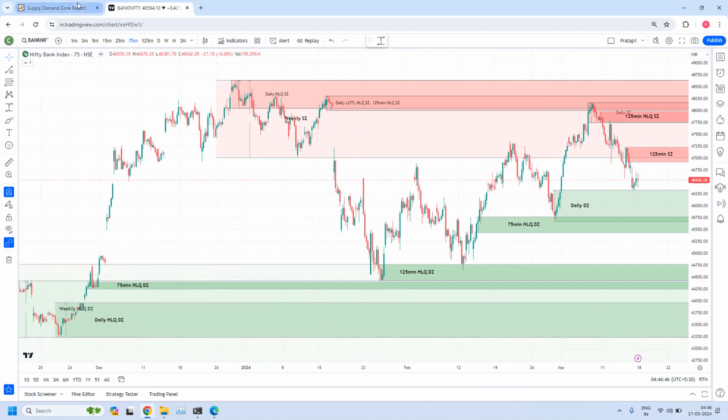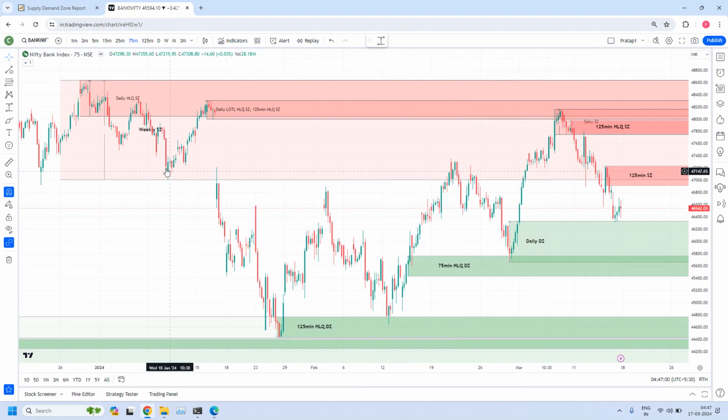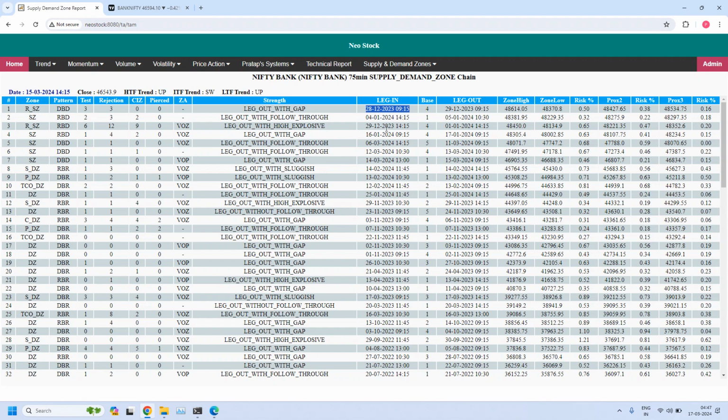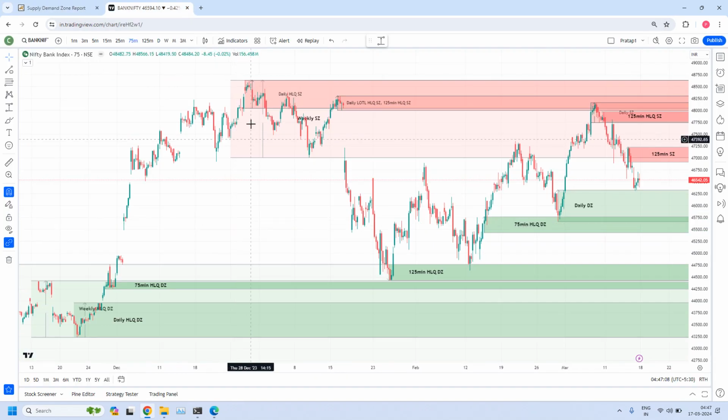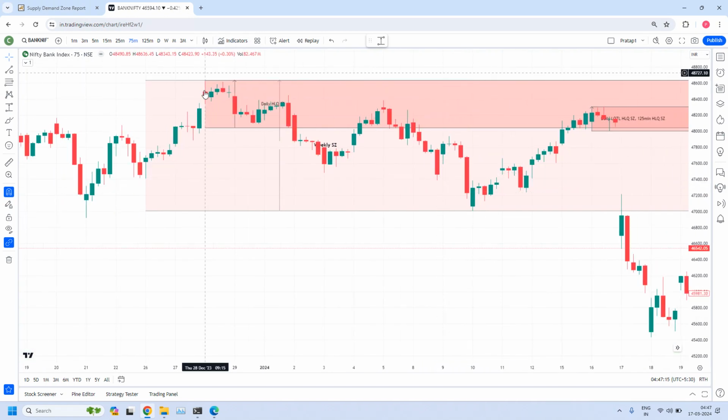Okay, now let us look into the supply zones. We have a high liquidity supply zone already tested 3 times. When it was created, 28.12, 9:15, 4 base candles. 28.12, 9:15. So this is the one, 28.12. But this is